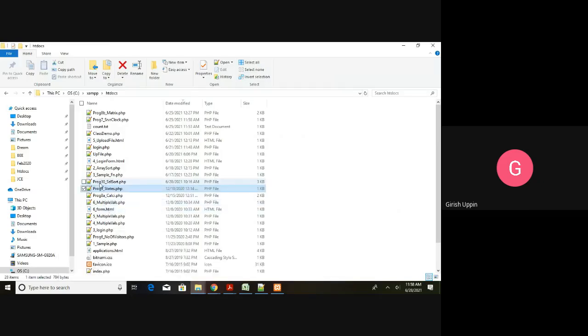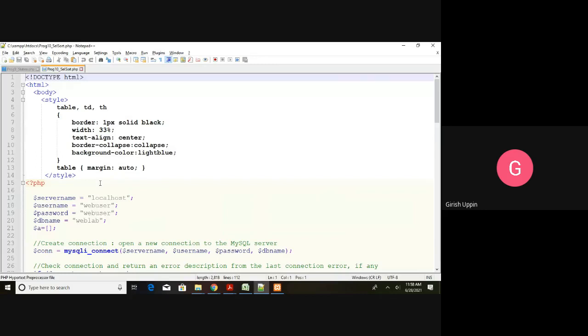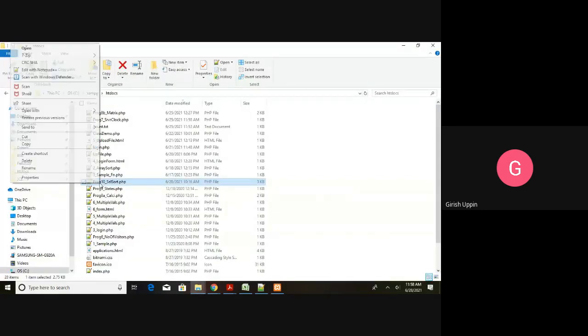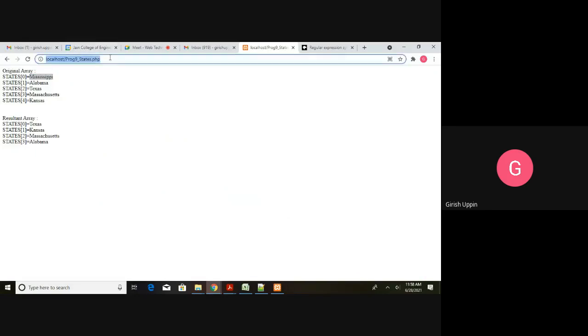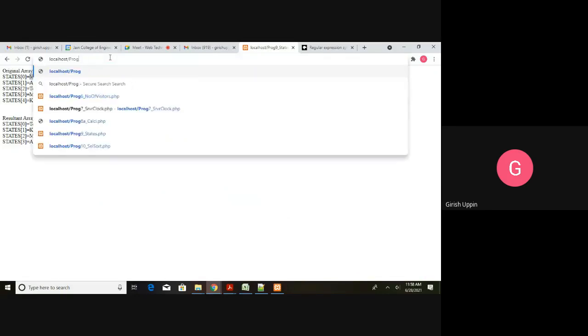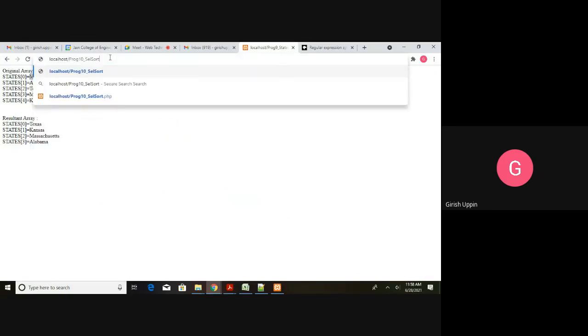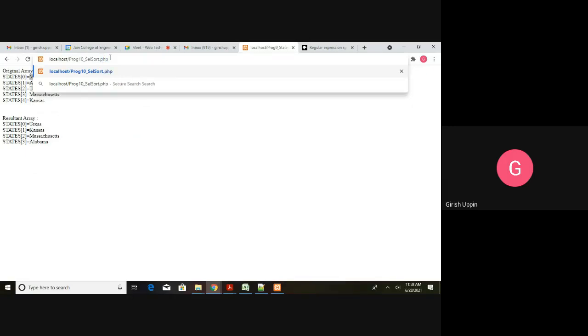In htdocs, program number 10. First I will show you the output and then we will discuss the program. Localhost, then program 10 underscore selection sort dot php.